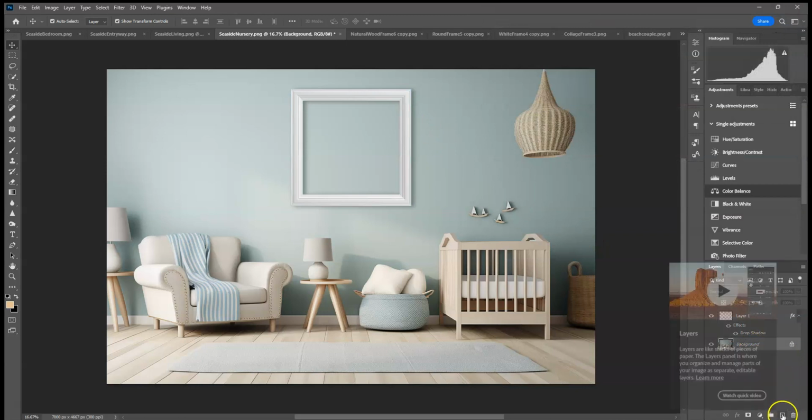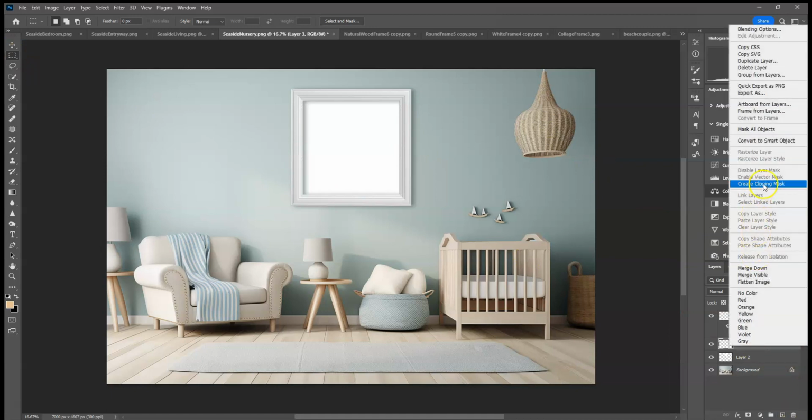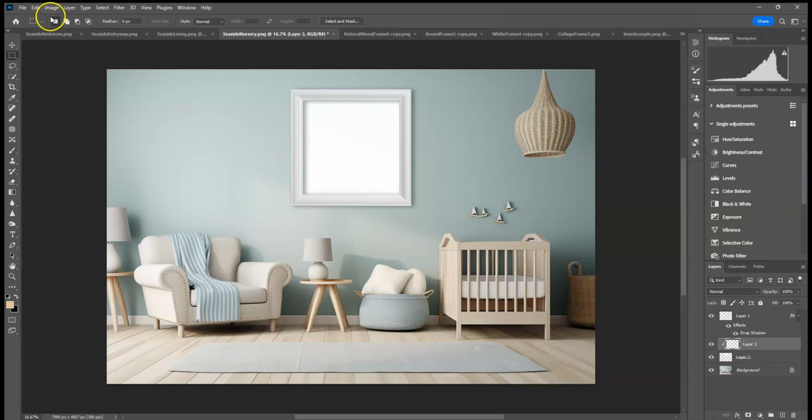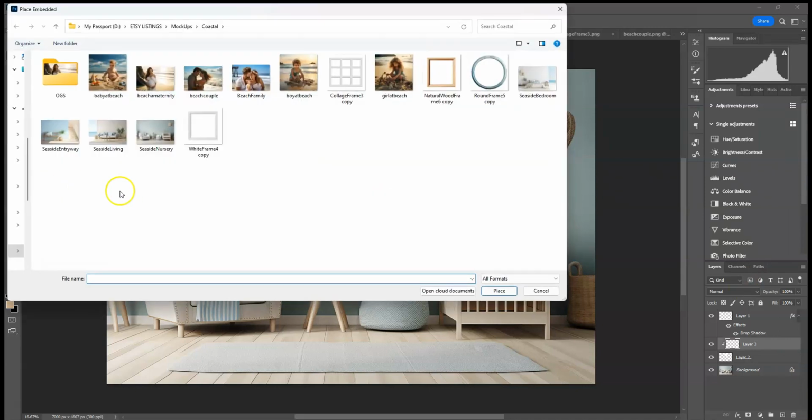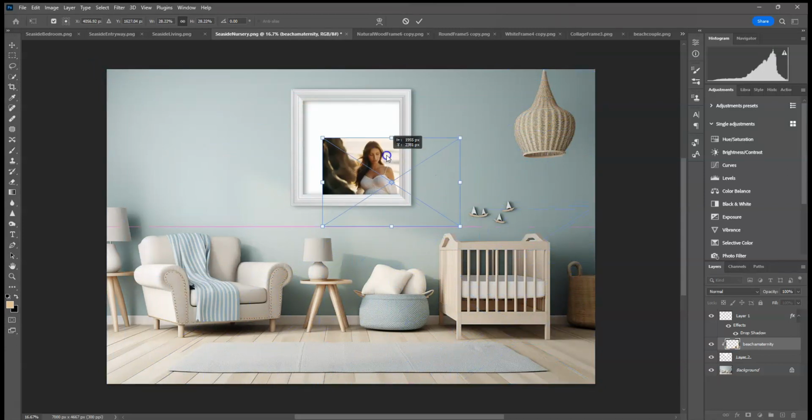Come down to my background layer, or I'm sorry, not always the background layer, but in this case background layer, just make sure it's below your frame. And then I'm going to grab my marquee tool. I'm going to drag just inside of it, and then right click and fill, and then add a new layer and create that clipping mask, and then go up to File and Place Embedded, and I'm going to use Maternity for this one. Resize,